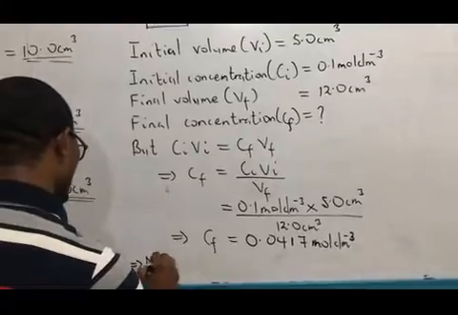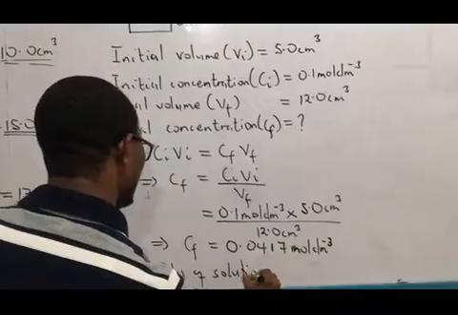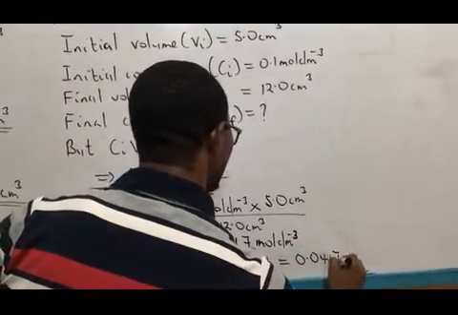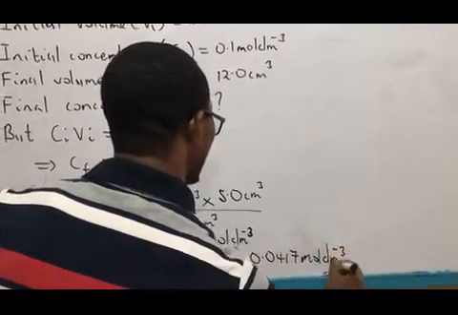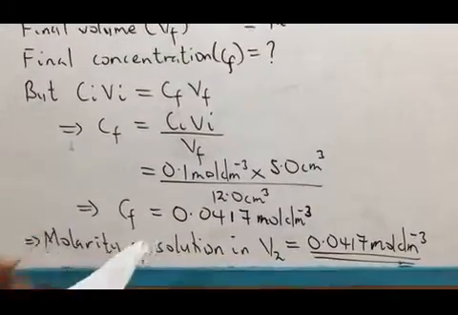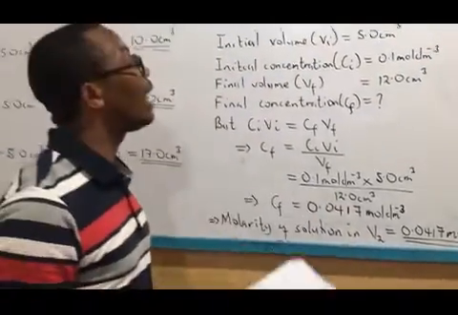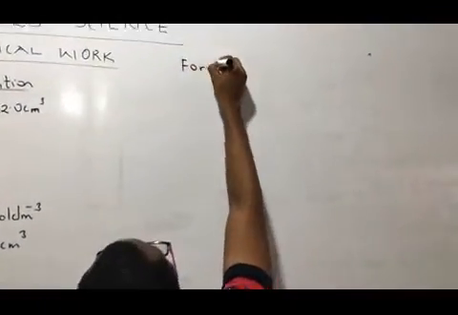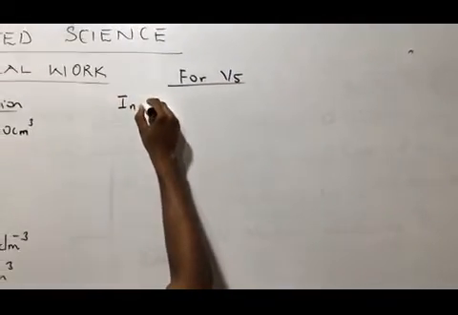Okay, so the molarity of solution in V2 is equal to 0.0417. Okay, so that is for V2. Remember, the question is asking to find the molarity of the solution in V2 and then V5. So this is for V2. So you go through a similar process for V5. For V5 we have the initial solution,